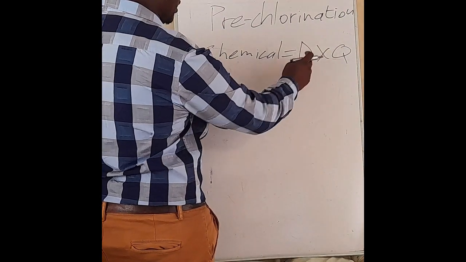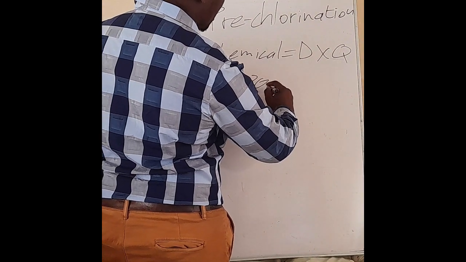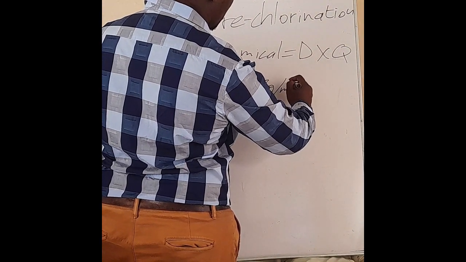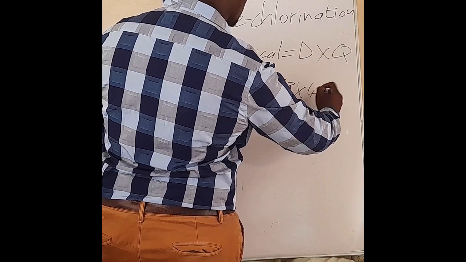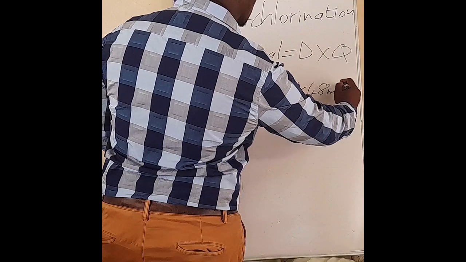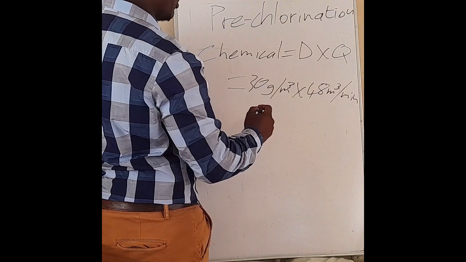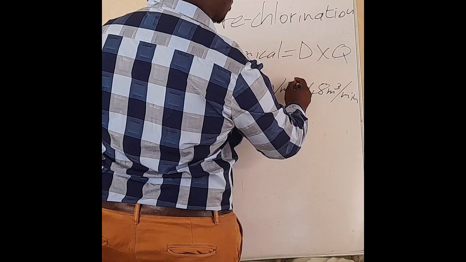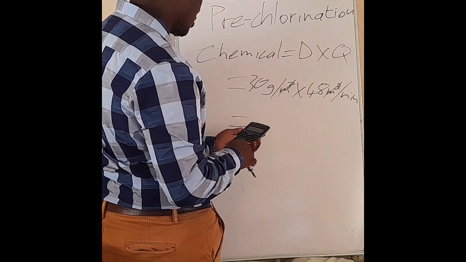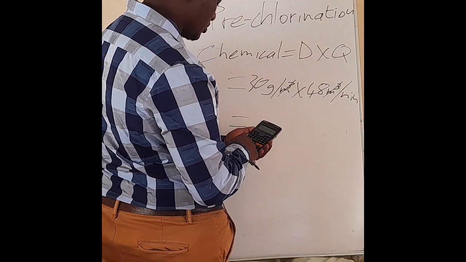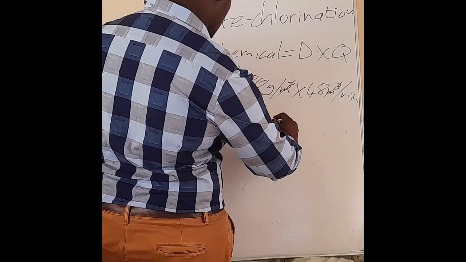Okay, so we said the dosage, we calculated it to 30 grams per meter cubed, and our flow rate on the other hand came out to 48 meter cubed per minute. Okay, so basically if you're looking at it, the meter cubes will cancel out, and let's just calculate how much we have over there. So that's 30 multiplied by 48, that comes out to